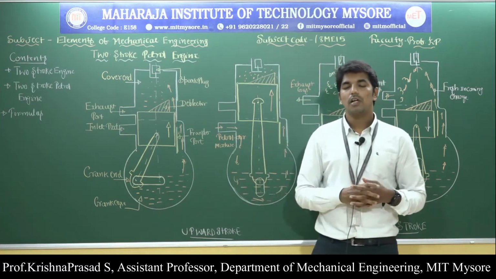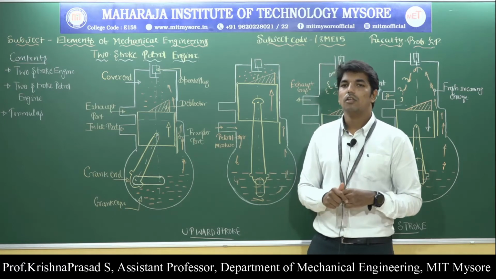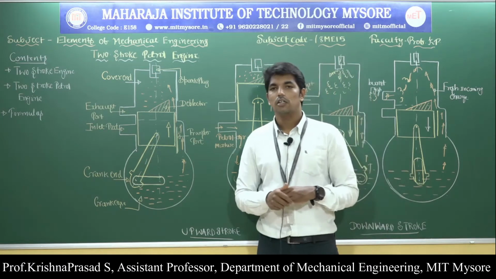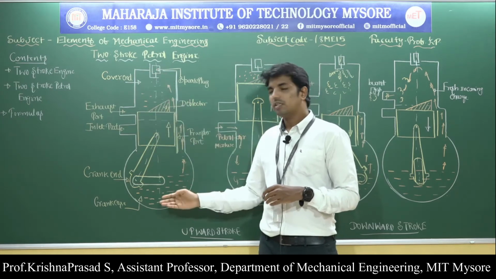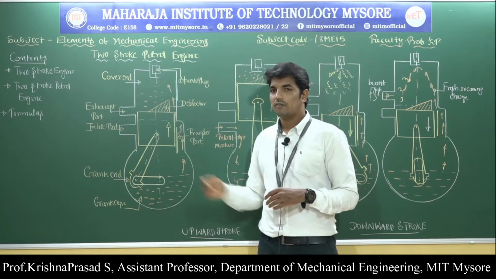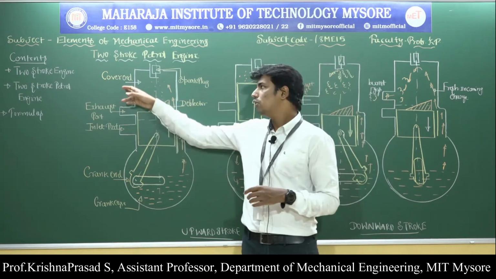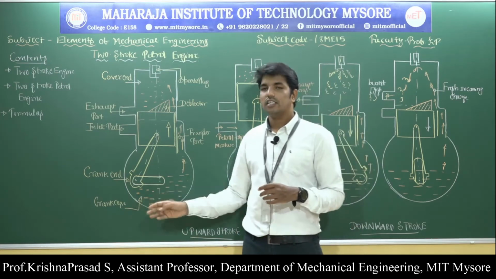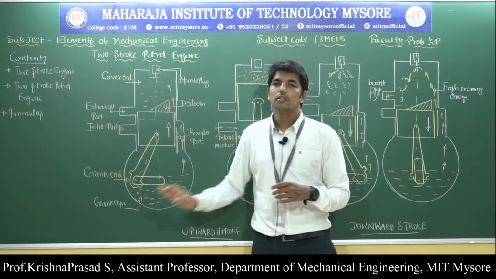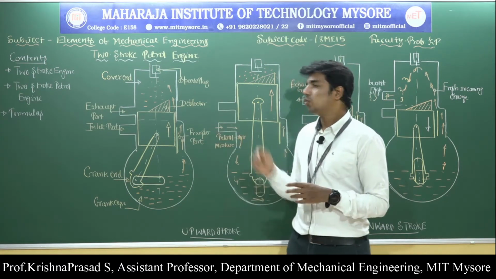In the terminologies of internal combustion engine, we refer to two things: the top dead center and the bottom dead center. Top dead center is at the cylinder end, and the bottom dead center is at the crankshaft end. But in the case of the 2-stroke engine, they are replaced with two other names: cover end and crank end. The cover end is the top dead center, and the crank end is the bottom dead center.